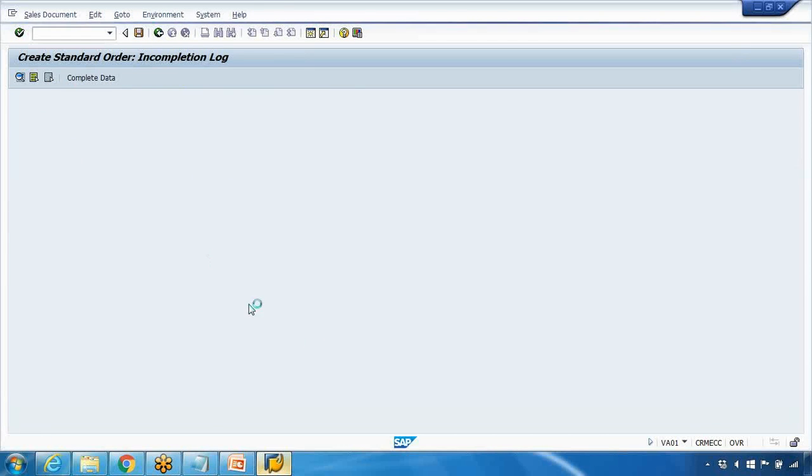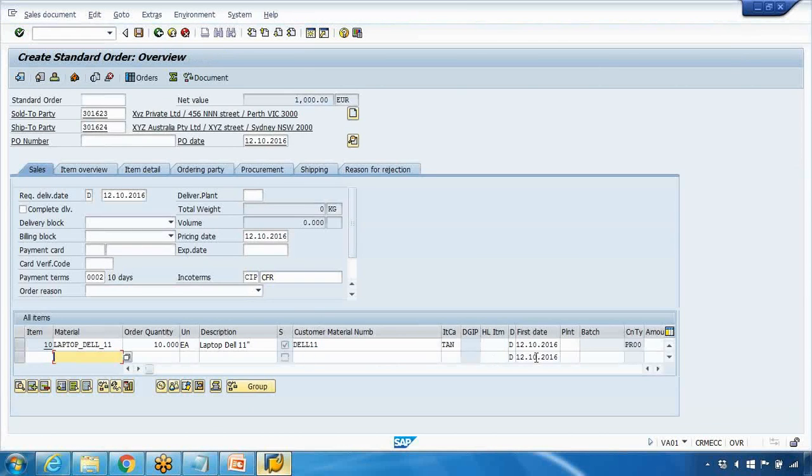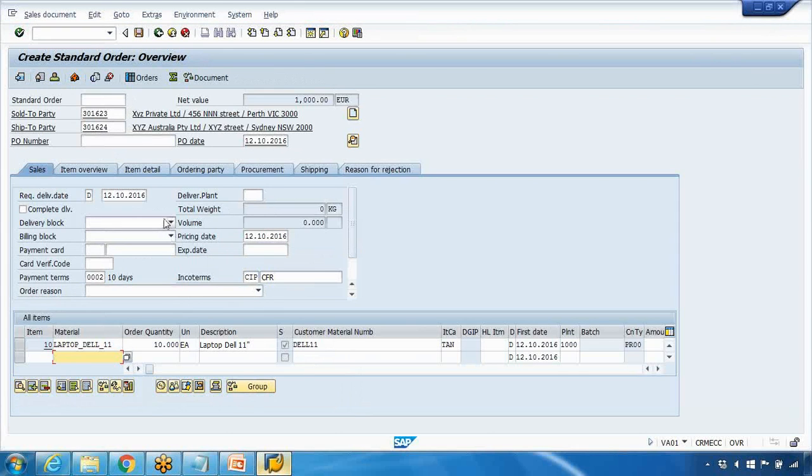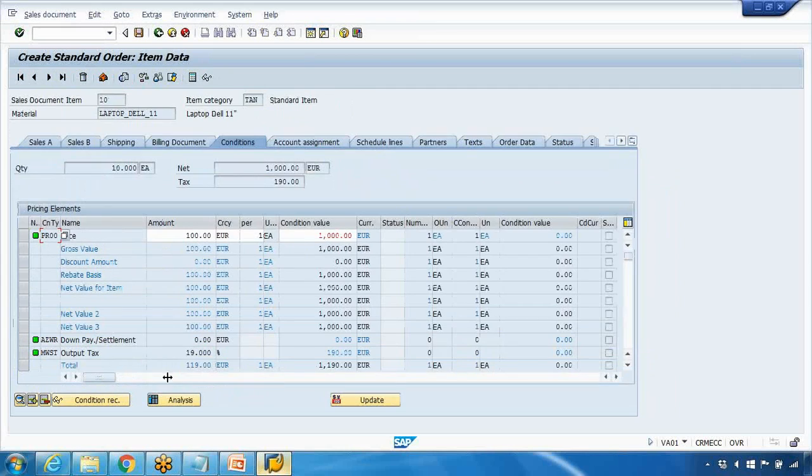Go back, and also you need to enter the plant here. Say plant is 1000. Just in the screen say okay, done. So that's how you can enter the price manually. I can again select the line item, click on the item condition, and see the prices here. But in real time, we're not going to enter the prices manually,